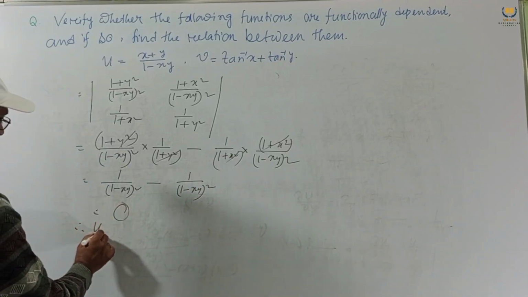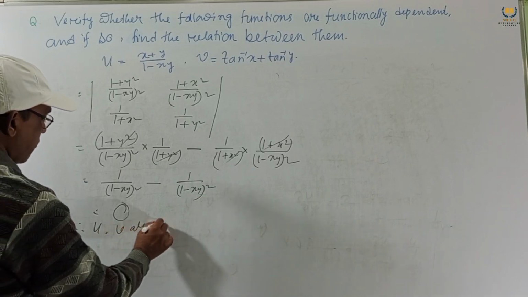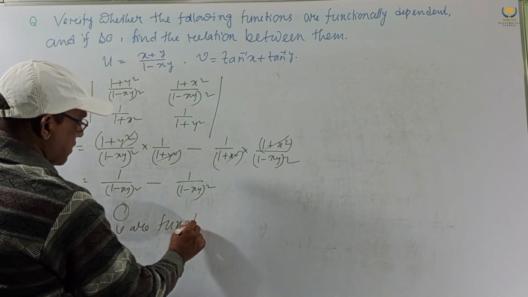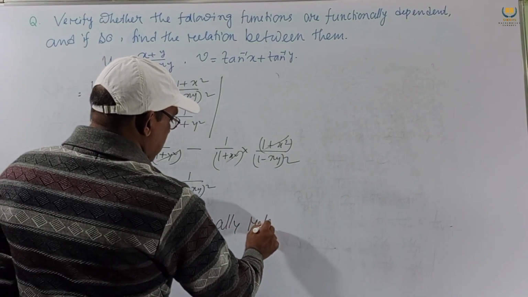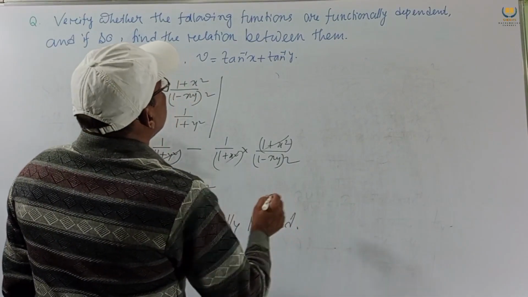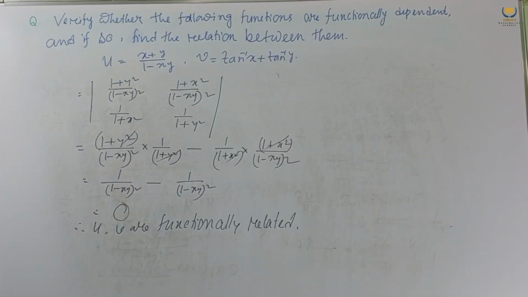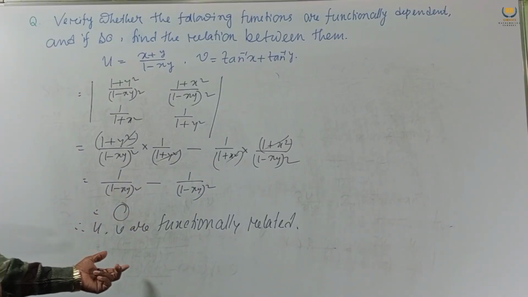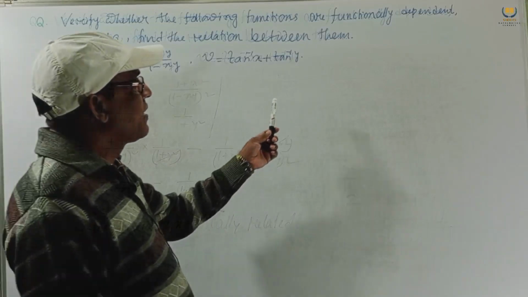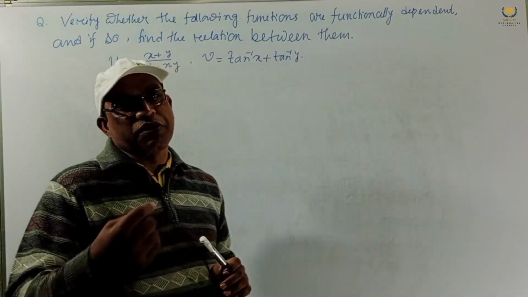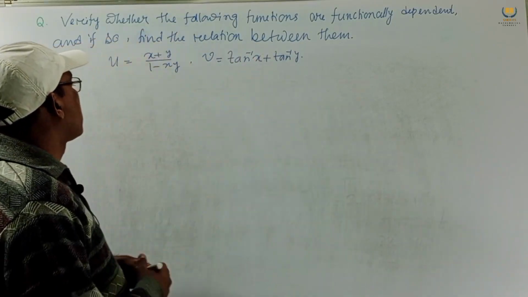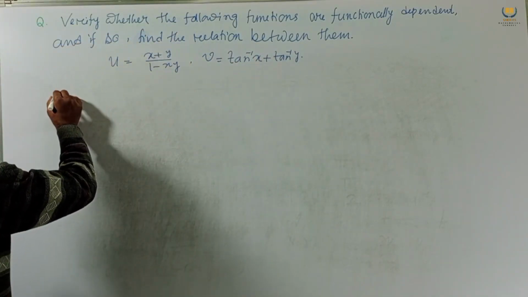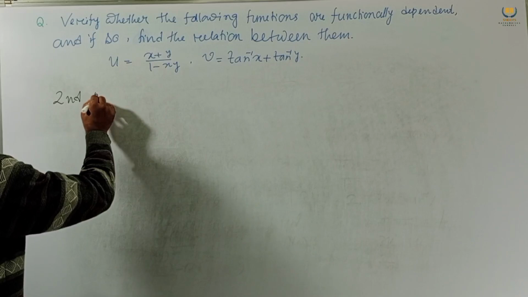Therefore, u and v are functionally related. So that the functions are functionally dependent. That means they are functionally related. For what we get, they are functionally dependent because the Jacobian is 0. Next, what is the relation between them? Now we have to find the relation. Now second part we consider